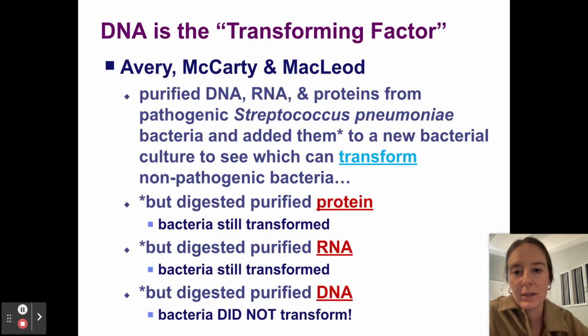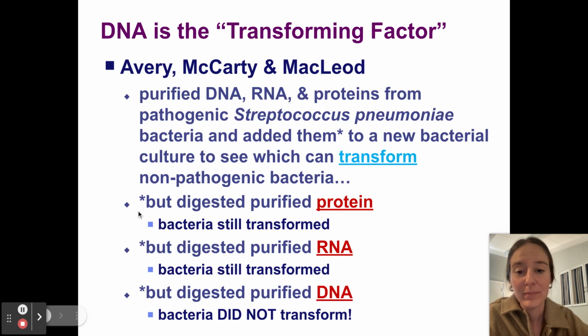All right. So like we said, to go over this again, these scientists purified DNA. So they pulled out DNA just on its own, and they took out RNA, ribonucleic acid, which is another type of genetic material. But at the time, they didn't know that. They just knew that this was a molecule, and proteins. And they took this from pathogenic, from harmful Streptococcus pneumoniae. This is a species of bacteria, this strain. And then they added them to